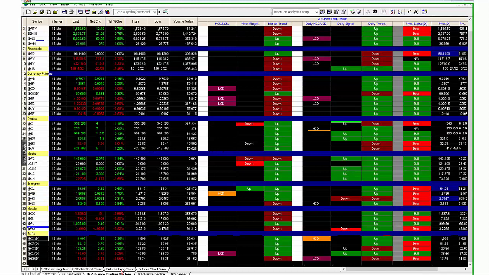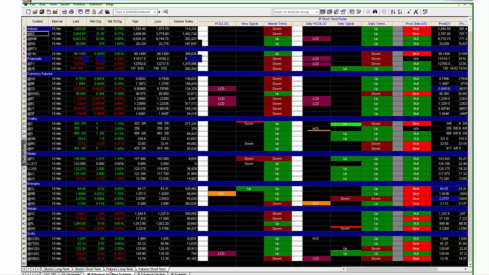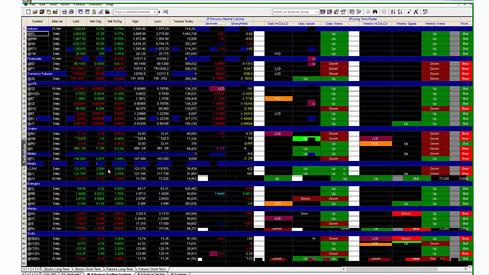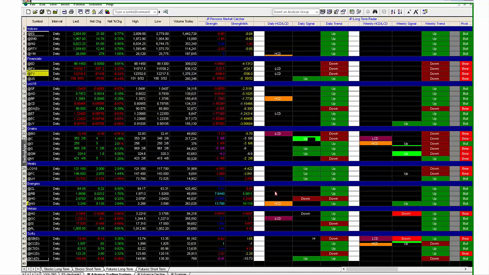I'll repeat. If you do not trade futures or commodities or day trade, and you do not want these, remember, you're now asking us for futures short-term of about 49 contracts and futures long-term 47, 49 contracts. We're asking the computer, there's 100 names here that we're asking to do analysis on, and that's draining resources. So if you do not trade commodities, then you can get rid of those two file tabs within the radar